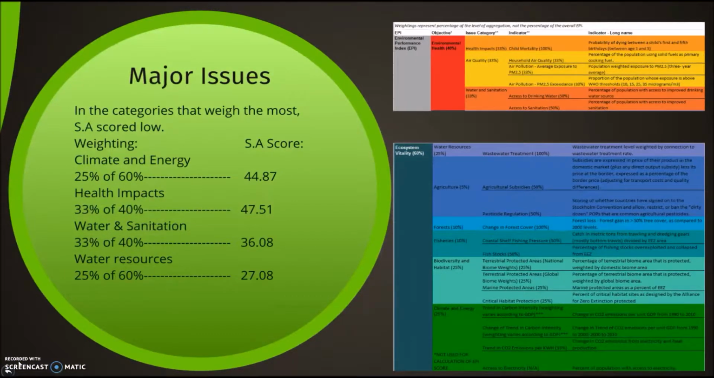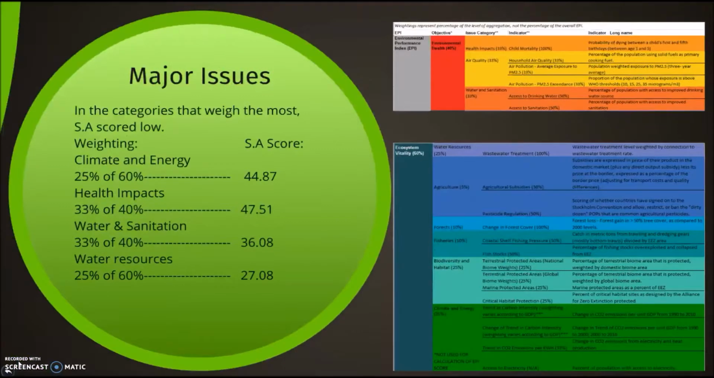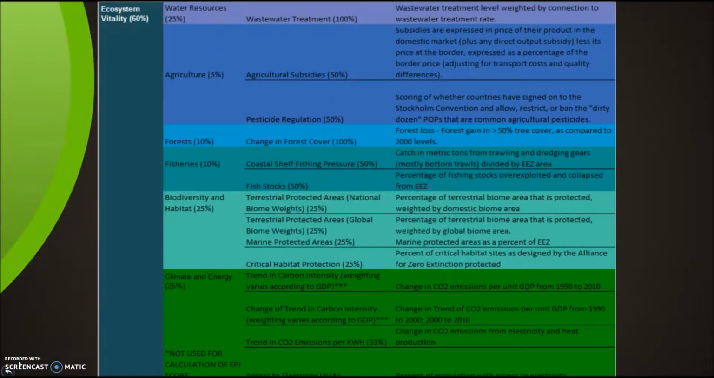So a major issue that we have is that the score of climate and energy is low. It's only 44.87% of 25% of 60%. And you see the climate and energy chart right here. So in the total weighting of 60%, climate and energy is worth 25% of that 60. And out of that whole 25%,